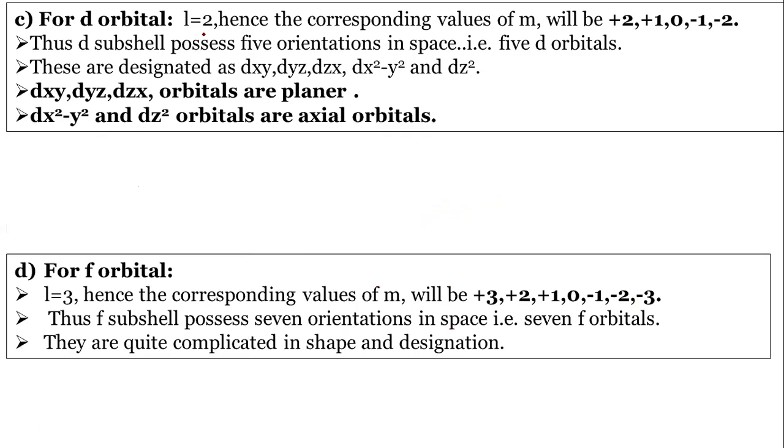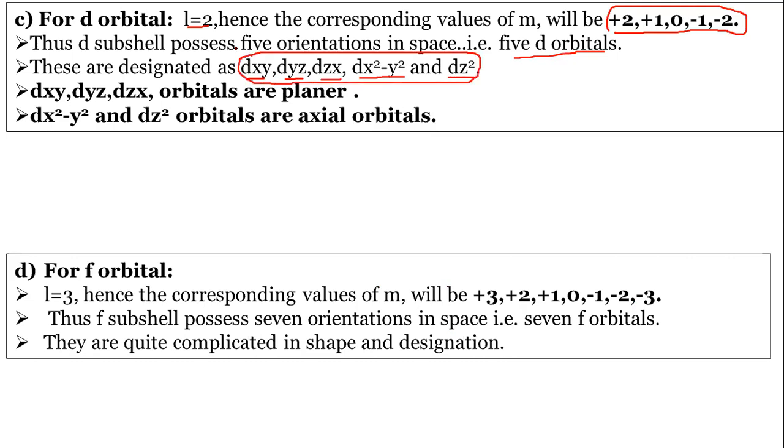See, for the d orbital, the value of L is 2. So the values will be plus 2, plus 1, 0, -1, and -2. तर त्याचे 5 d ऑर्बिटल इथे दिलेले बघा. It is denoted with dxy, dyz, dzx, dx square minus y square, and dz square. These are the orbitals of